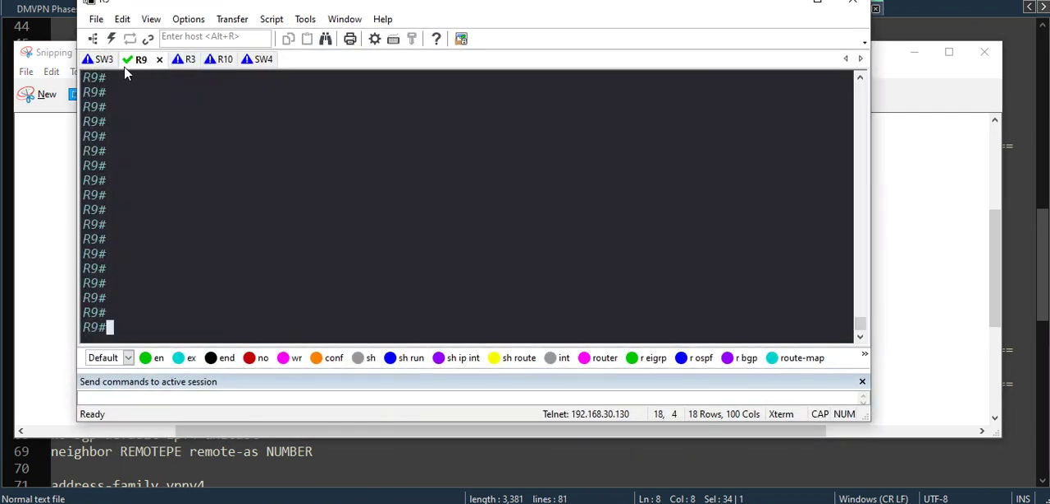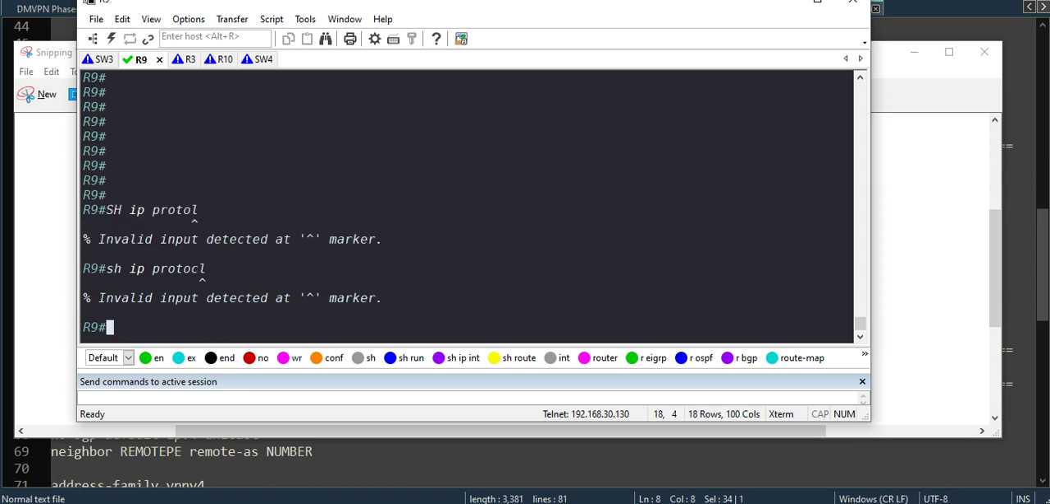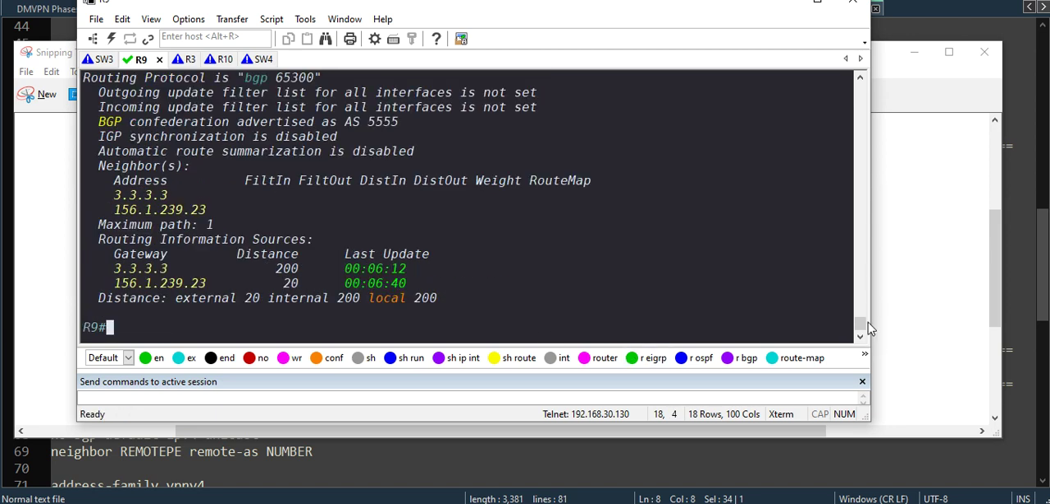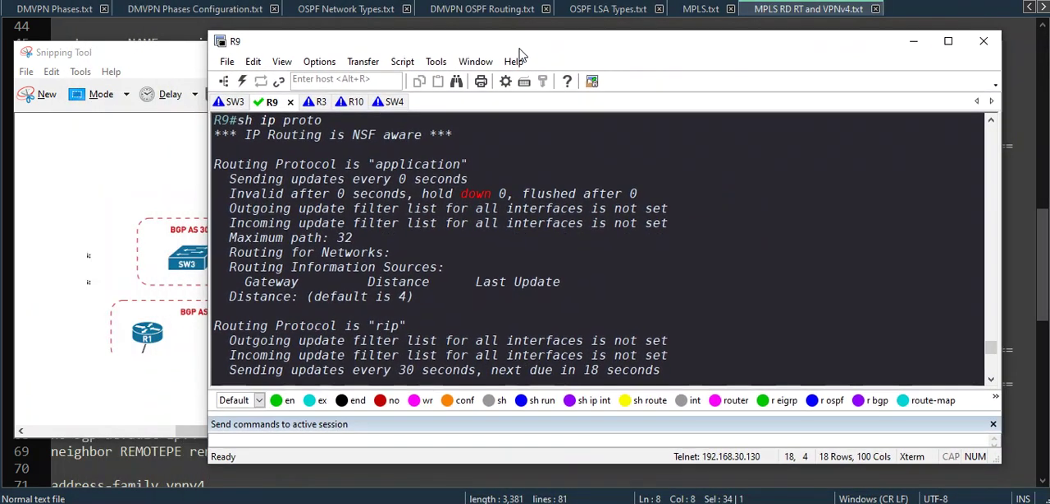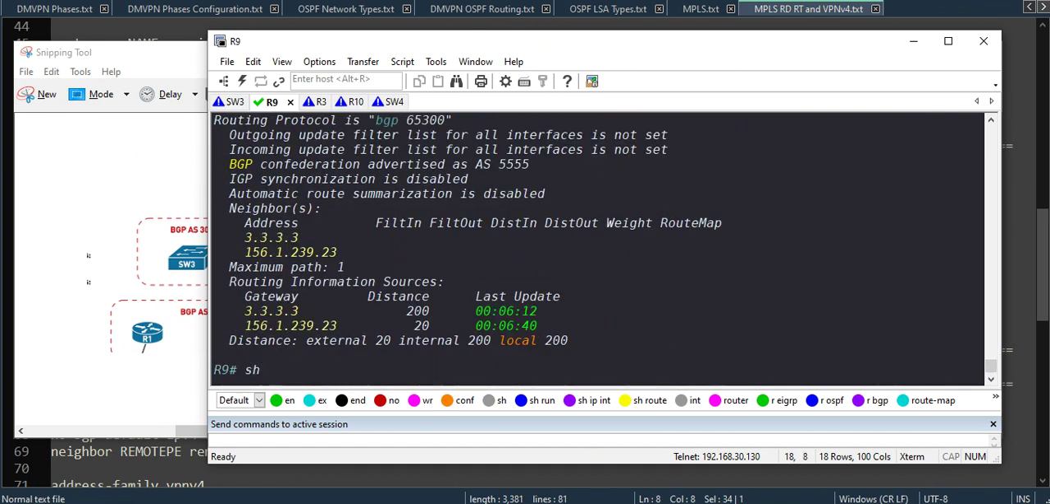Let's verify with show IP protocol. Okay, one important thing I want to tell you is that, let me show, if I do show run and type section